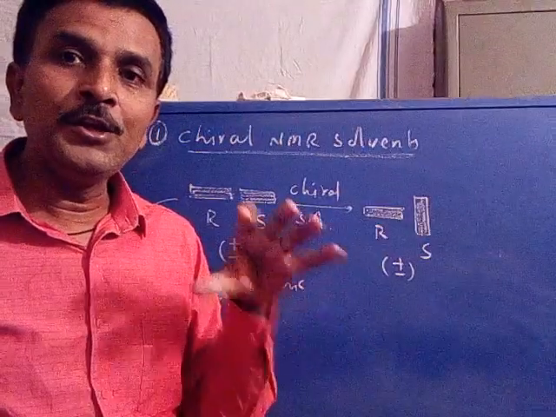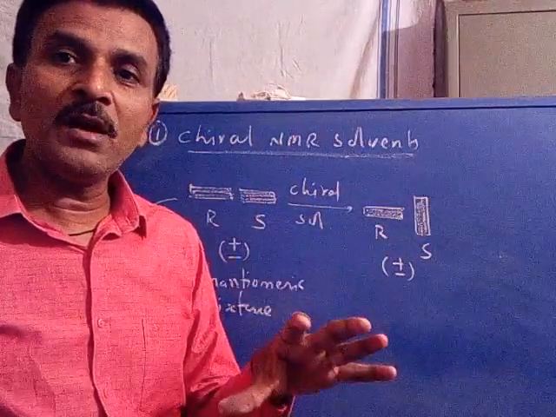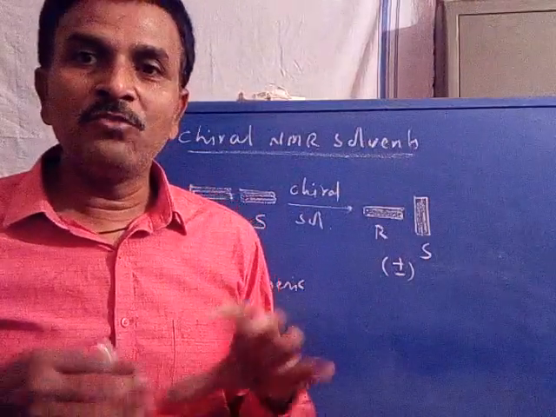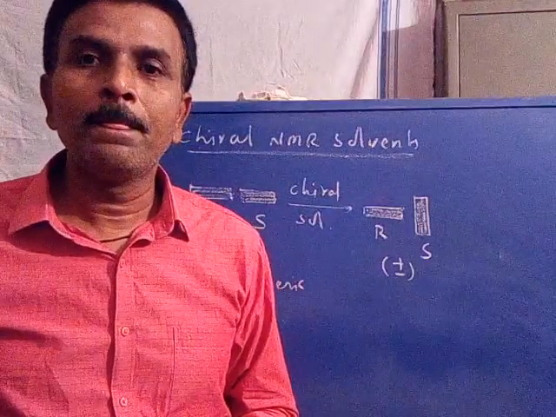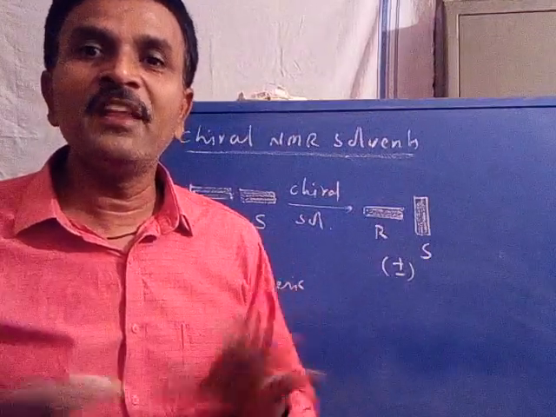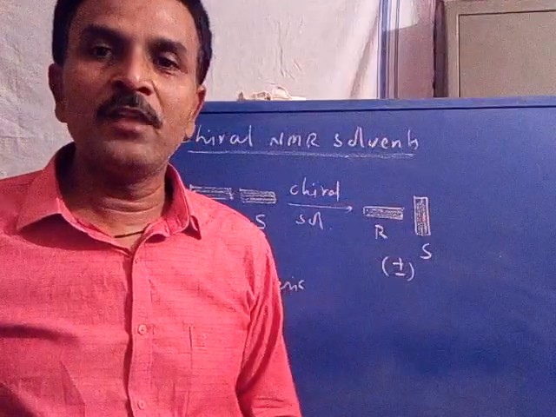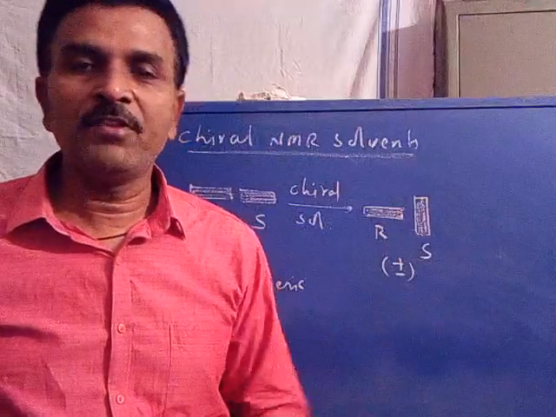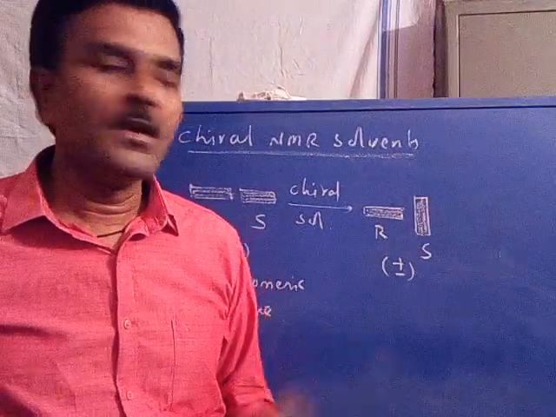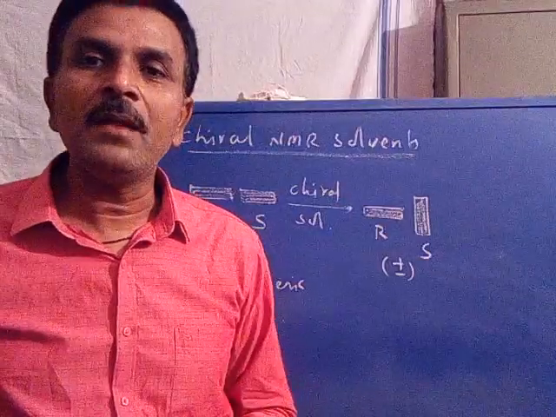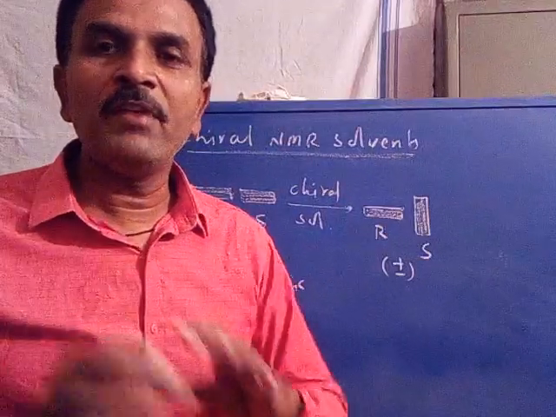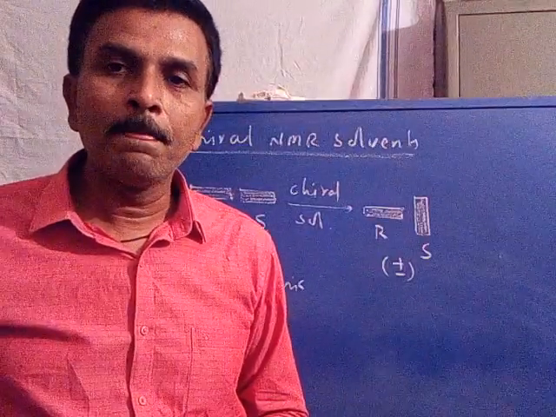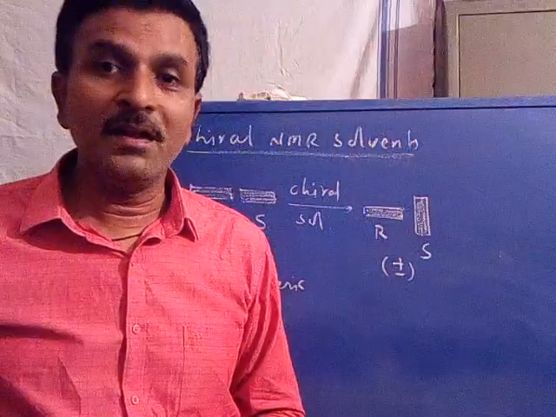Chiral solvent induces each isomer to orient in a different way. Now we know when the isomers are oriented in a different way, their chemical anisotropy will be different. We have studied the anisotropic effect with respect to the orientation of a molecule in your first semester. In brief, when the isomers are oriented in different ways, their chemical anisotropy will be different. So depending upon chemical anisotropy, the absorption frequencies are different.